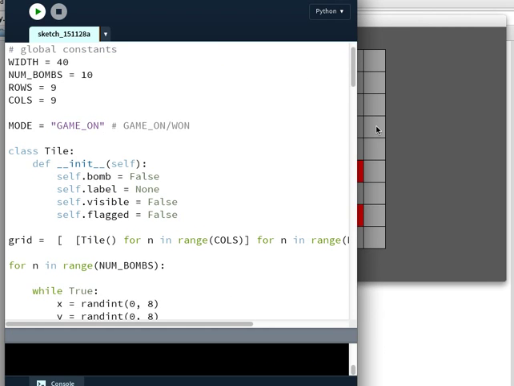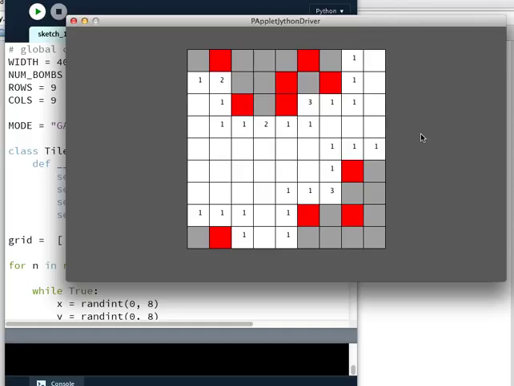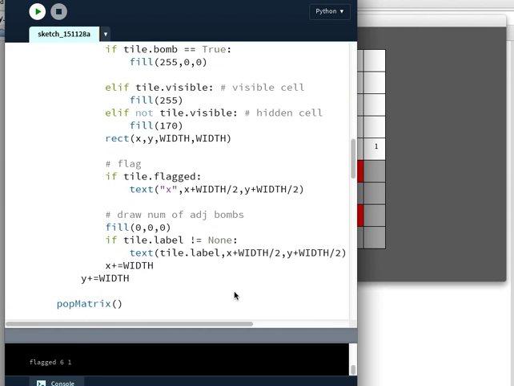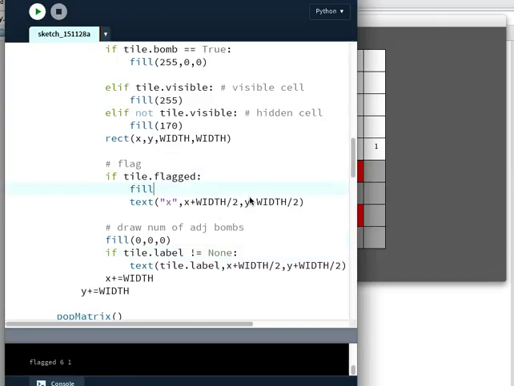Yeah. Okay, so control click the bomb, and I should have an X on it. I should definitely give it a color of some kind. It was still set to a fill of